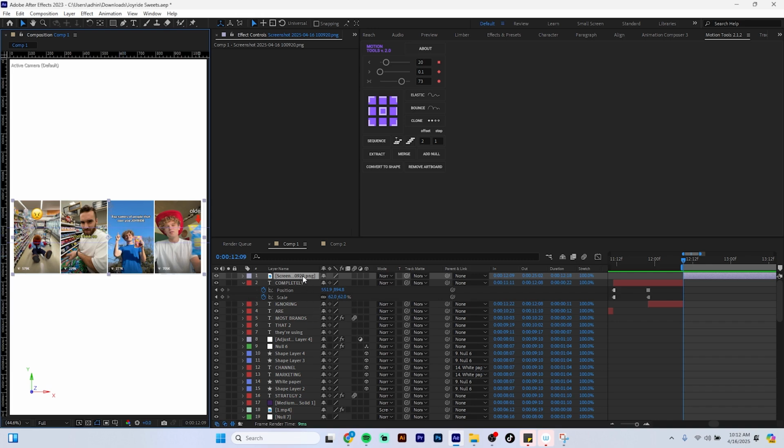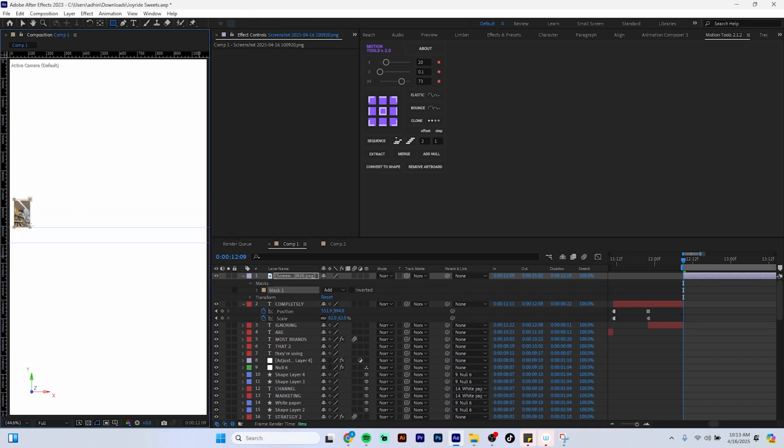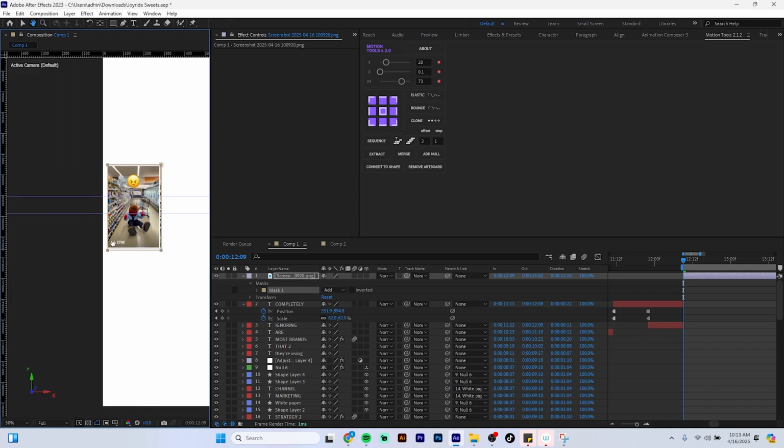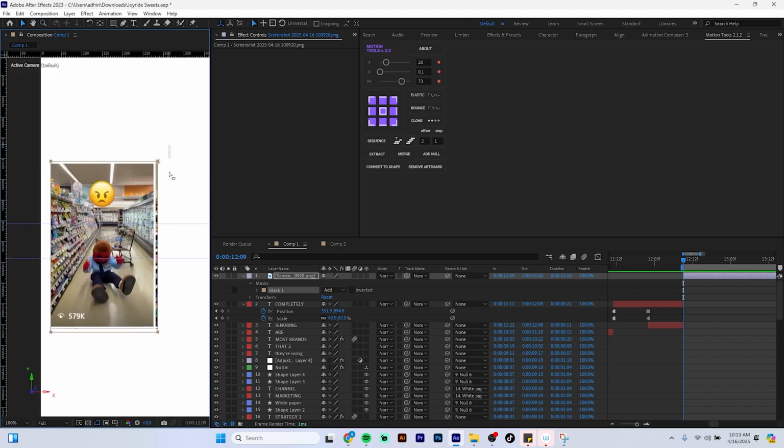So here's how I'm going to do this. I'm going to mask each of these because I want to show sort of the content on their page, yeah? So I'm going to mask each of these and then center it,